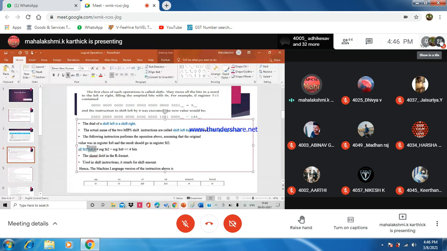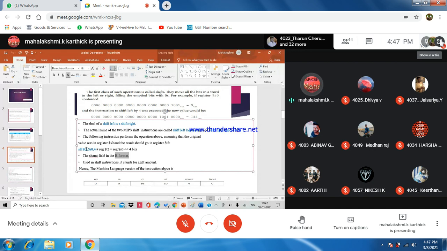If you want to place this shift amount, it is only possible through the R format instruction. So first write R format, then go to the fields, and afterwards fill in the values. Opcode, first source register operand, second source register operand, destination register, shift amount, function. Default opcode is 0. Here also RS, the first register, is not found. Only the second register is found, so 16 is its respective value.